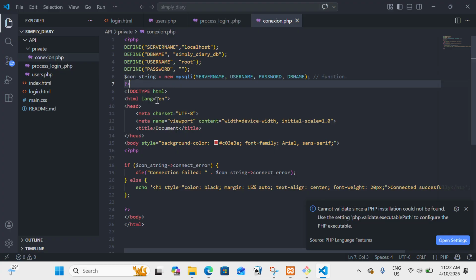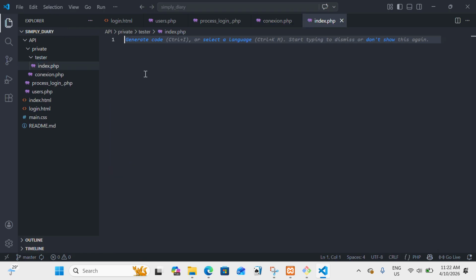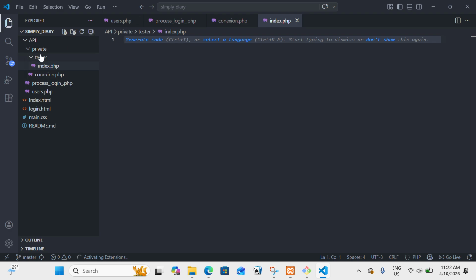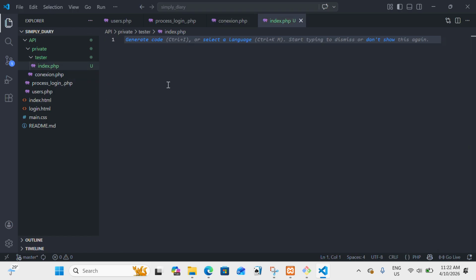But I am going to be honest with you. I am going to erase the HTML part of this because in the connection we are not supposed to have this. Let's suppose that we would like to have a private tester, and in the tester we will have an index.php, and that tester will have, for example, this connection on here,